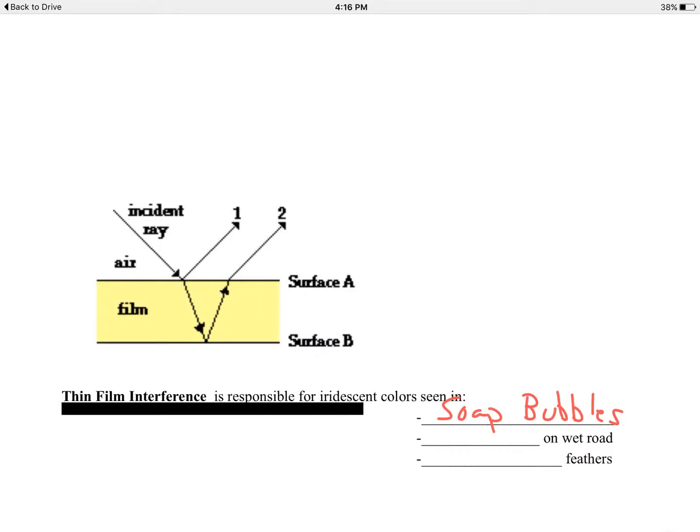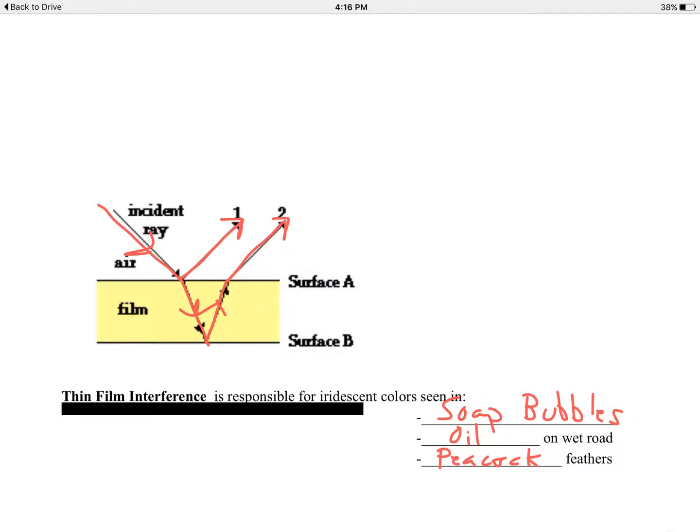Similar things happen with oil on a wet road. You see those very same colors. Or in peacock feathers and other animals, there's some of this going on. This is color by iridescence, because what's happening is either there's some constructive interference for some colors or destructive interference for other colors, because the light is going into this film. Some of it reflects off the surface, some goes into the film, refracts, bends when it goes in, reflects off the bottom or another surface at the back end, comes back out, and these two beams 1 and 2 interfere